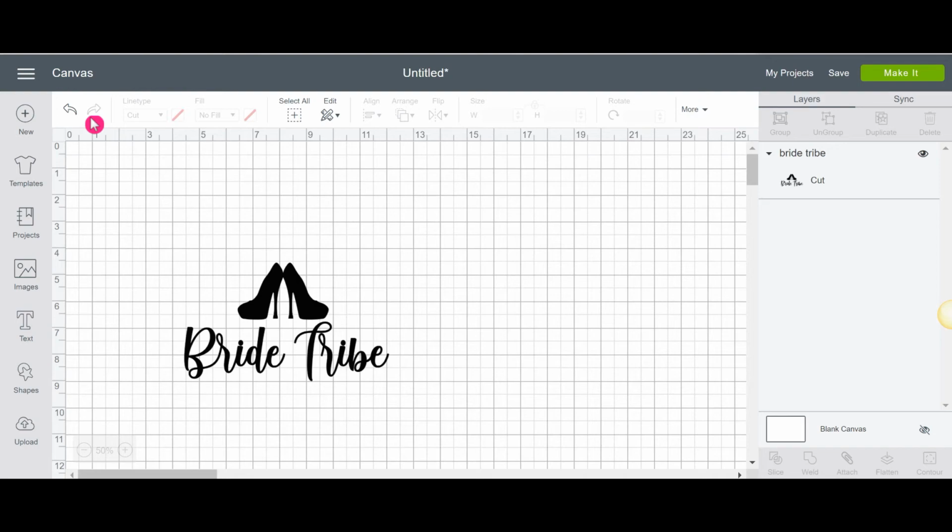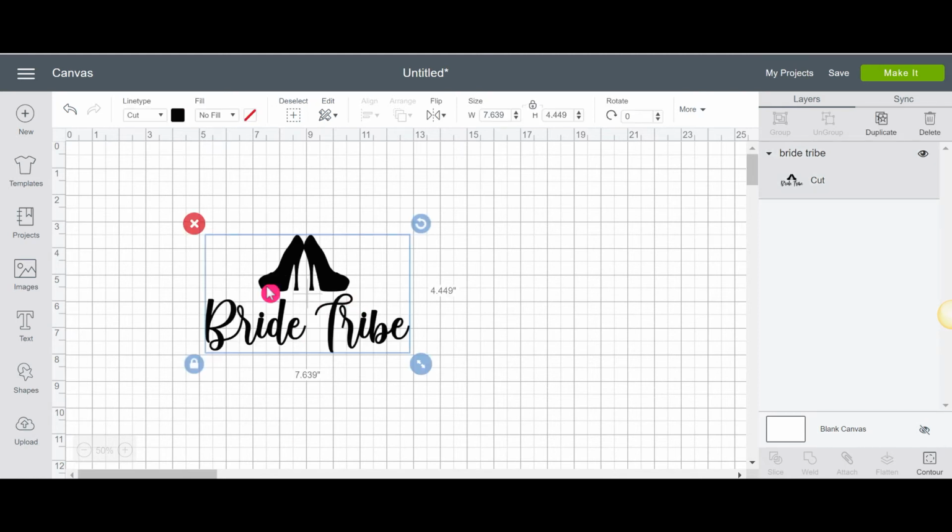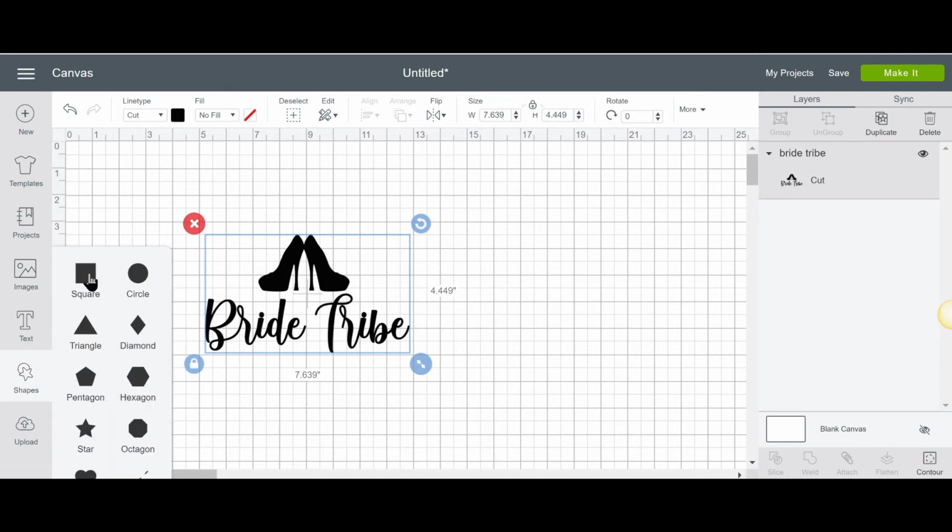All right, now let's have a look at the flatten tool. Now let's say instead of getting this thing cut, I want to turn it into a sticker. So what I'm going to do is I'm going to go to my shape, add a square,